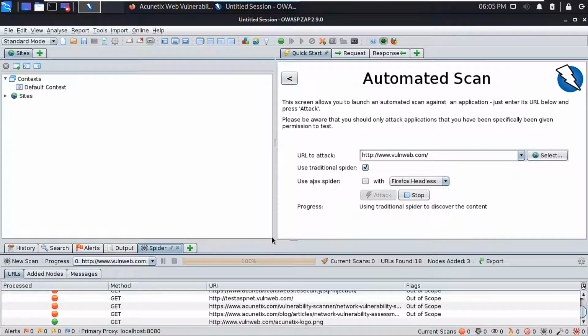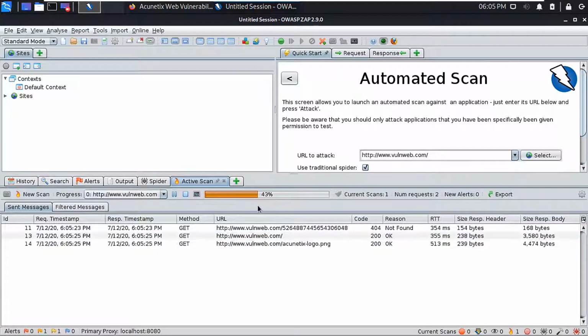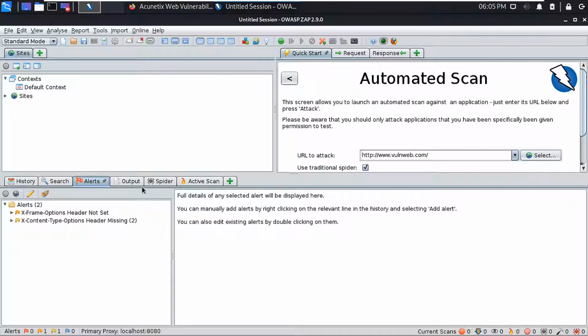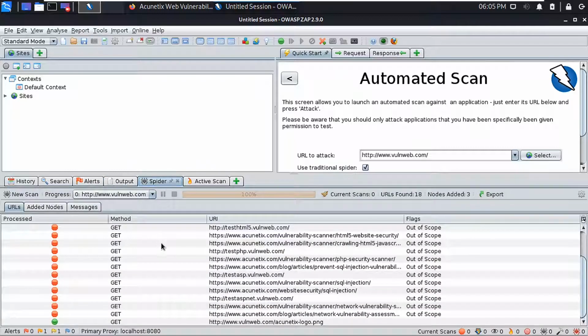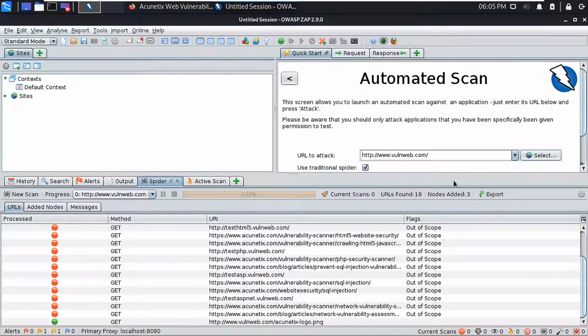It will start scanning for the vulnerabilities in this website, and here you can see the progress. It is 70%, and the scanning is finished. So first of all, let us click on the spider, and spidering means it is finding all the websites connected to www.vulnweb.com.